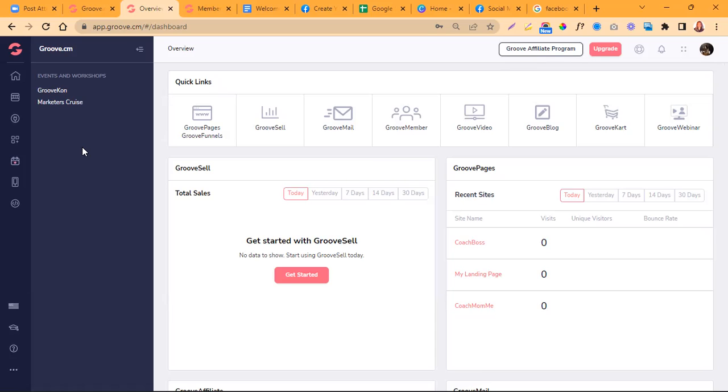So the way to do that is to just click on upgrade and it will let you upgrade. And the good part is you can also create your own affiliate program. So if somebody wants to promote your product, then you can do that here. So right now, as you can see, I only have these 3 items.